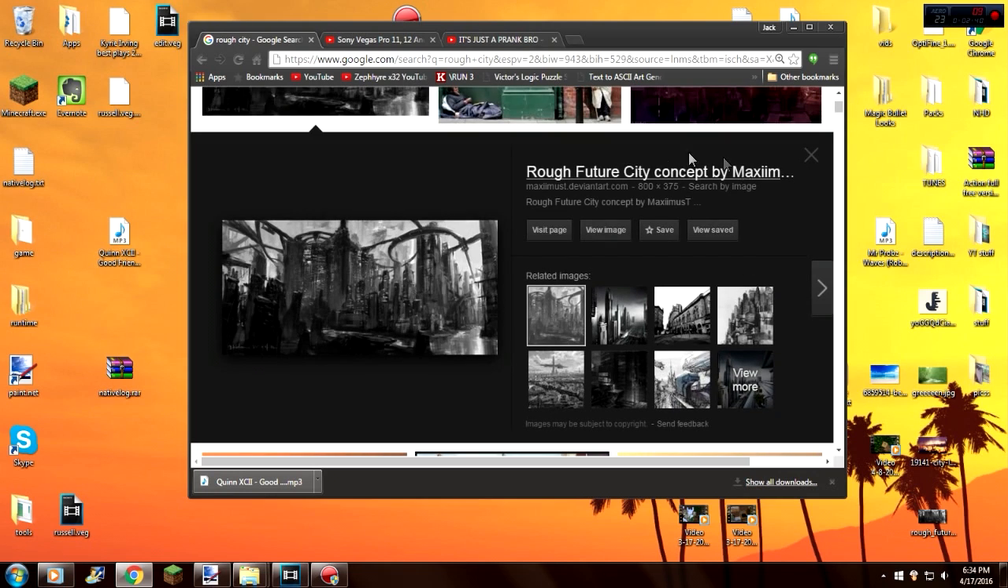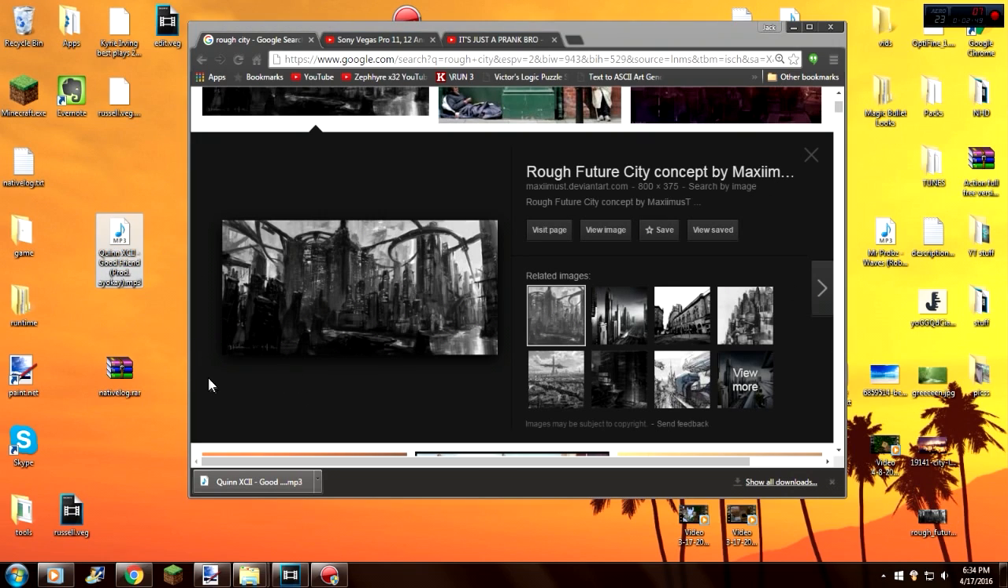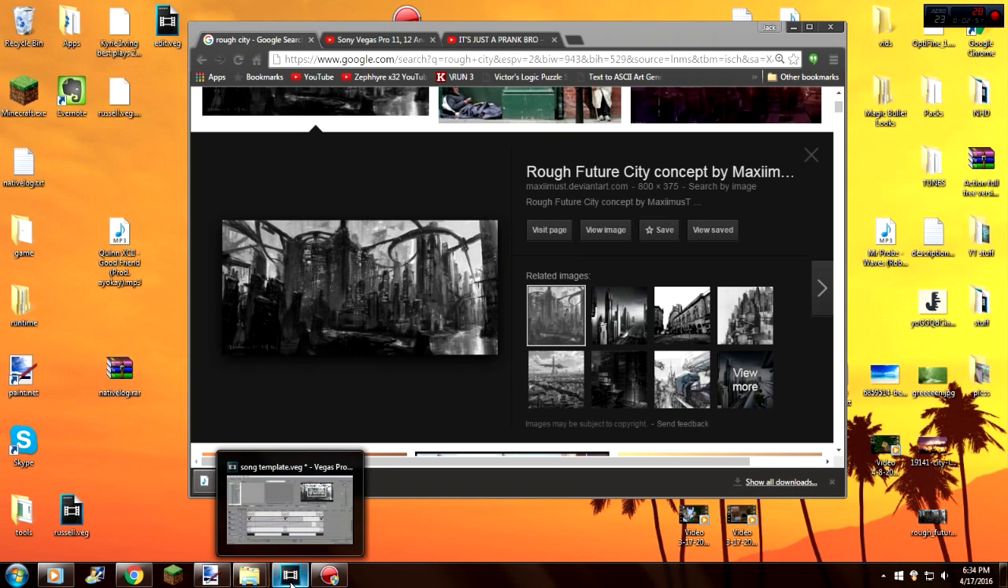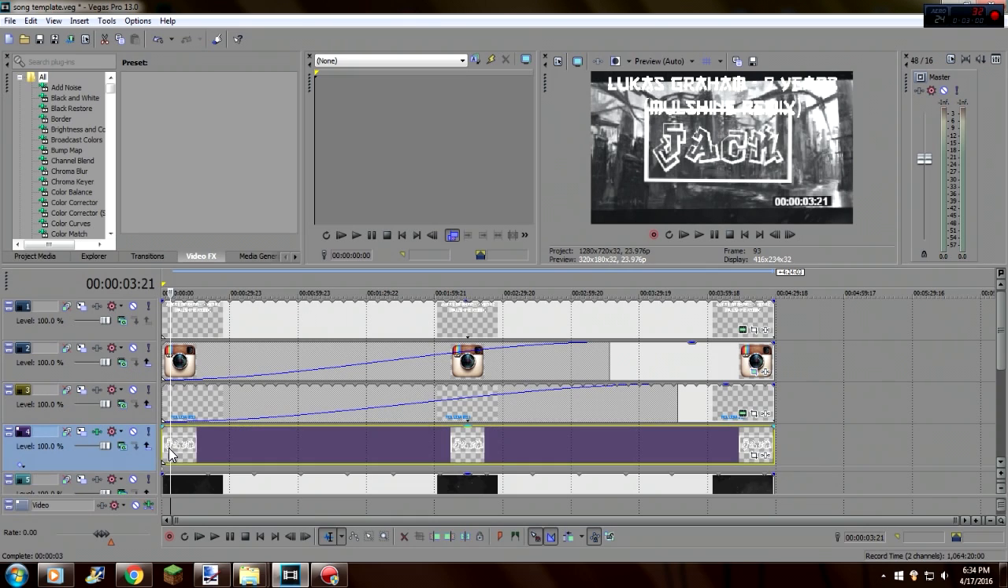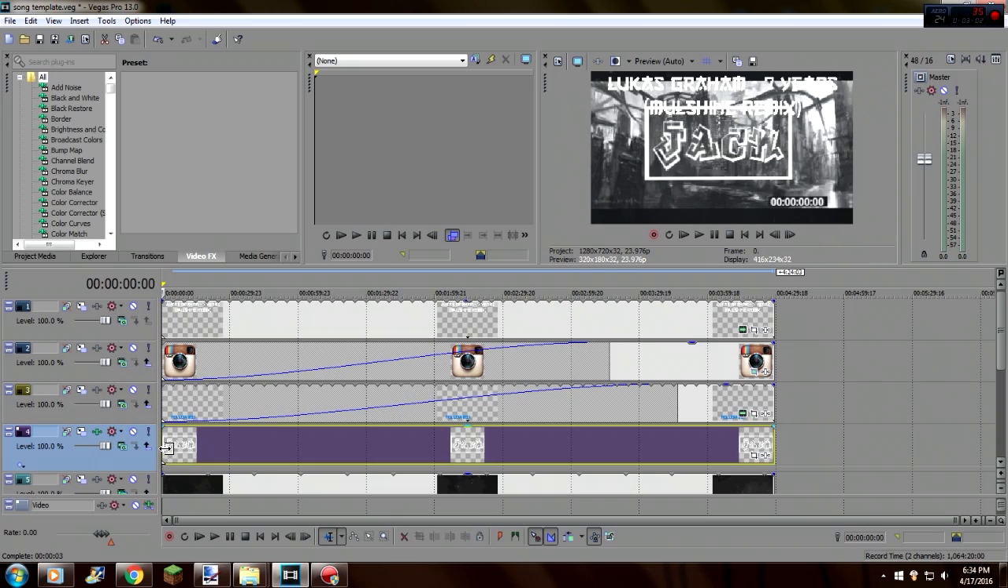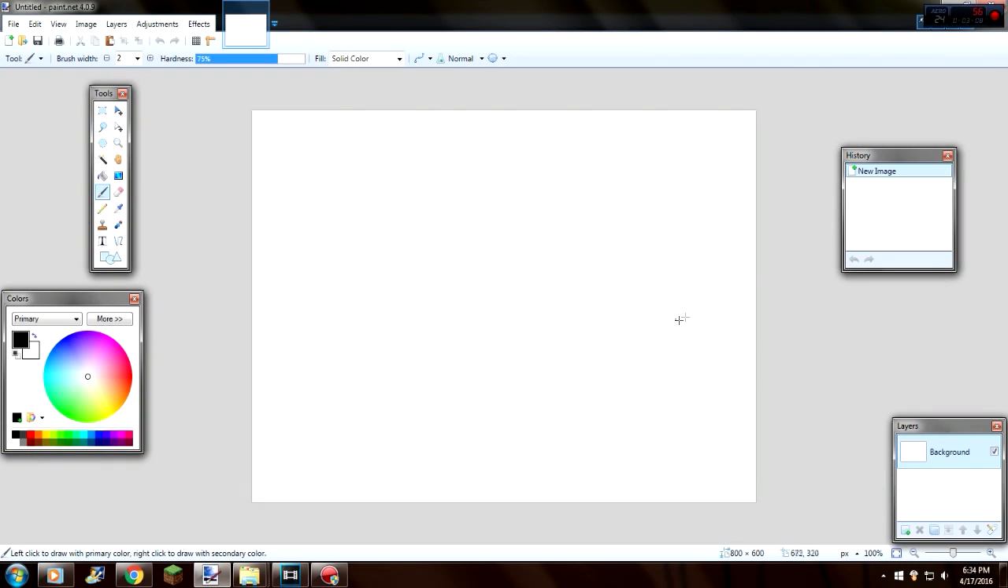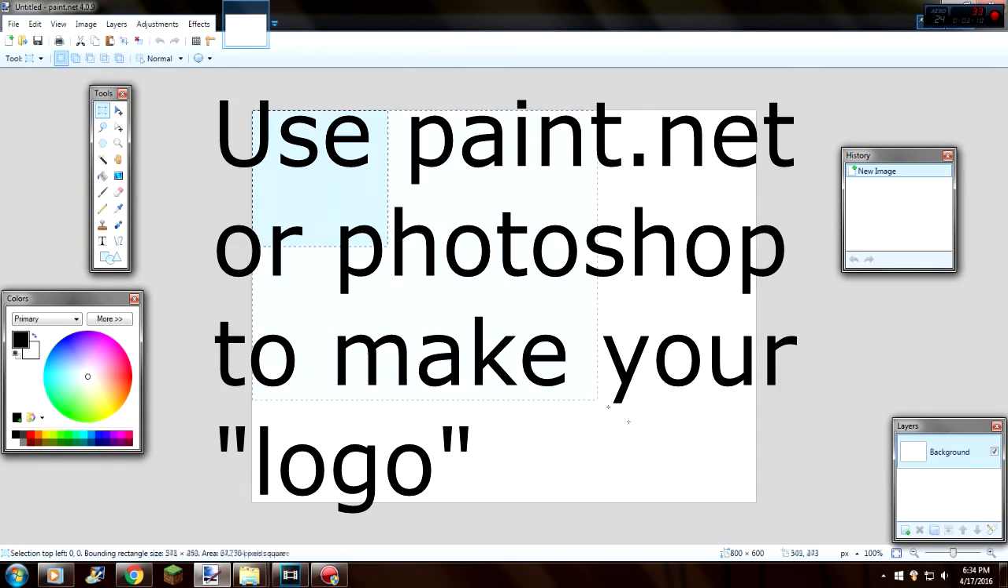Found this rough city concept or whatever. So yeah, take your picture and your song, and that's the first thing you're gonna need. So what I do is, you know what, I might just start, ignore all this, and I'm gonna start how I started. So I have this program called paint.net. You might not even want it,